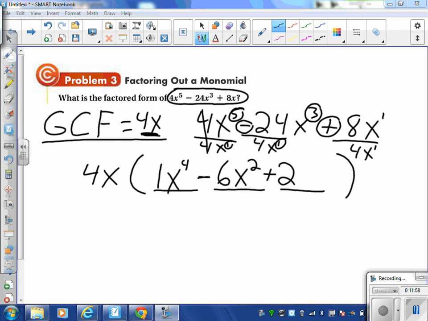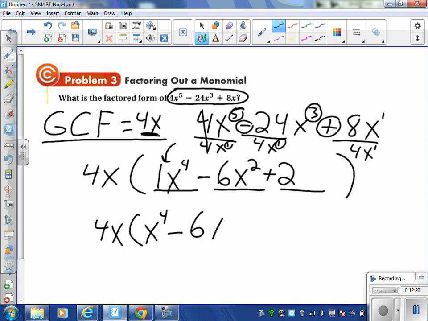So there is no x that joins the 2 in that problem. So looking at my final answer, I really don't need to put the 1 there, so now it's time to remove it. So it would be 4x, x to the 4th power, minus 6x squared, plus